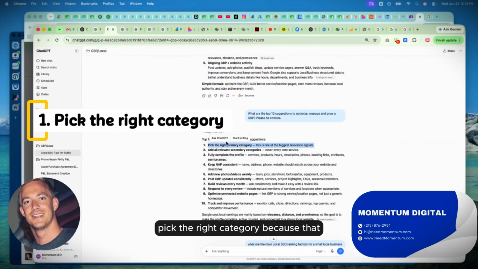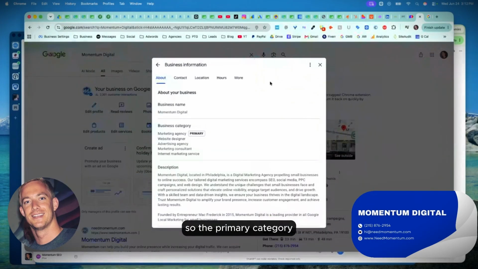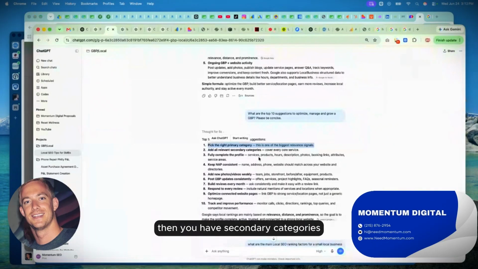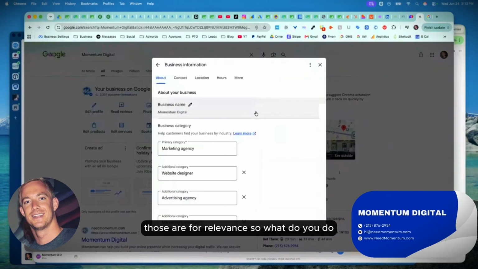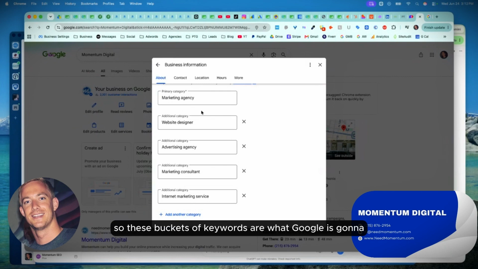Pick the right category, because you don't add keyword search terms to a Google profile like you would in Google Ads. So the primary category, this one says primary for Momentum, is marketing agency. Then you have secondary categories. Those are for relevance. So what do you do? Website designer, advertising agency, marketing consultant, internet marketing service. So these buckets of keywords are what Google is going to assimilate to what people are searching for to show